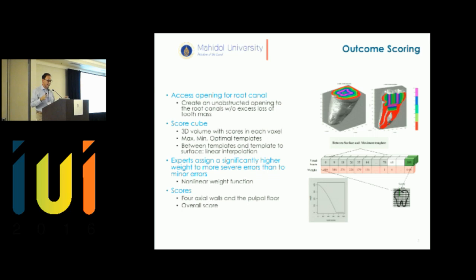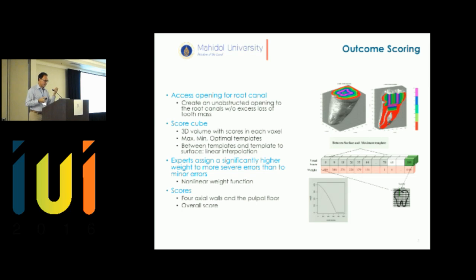And what we did initially is we came up with linear weights for the weights between the templates and the optimal and the template and the exterior. And it turned out that actually worked not well at all, okay? So once we came up with this sort of linear interpolation, it didn't correspond to the way dentists worked. And so then we went back and we looked at the data and we looked at our scoring and we talked to our expert, and it turns out that dentists actually score things in a very nonlinear fashion,